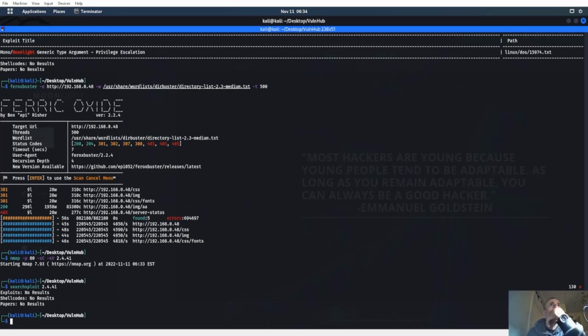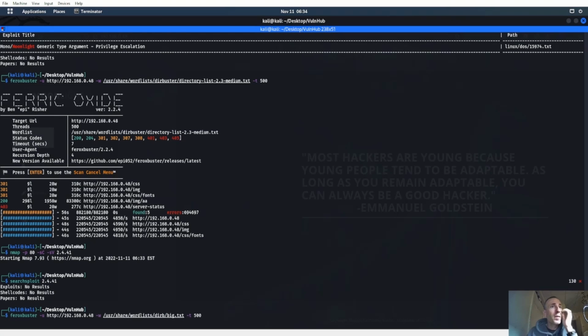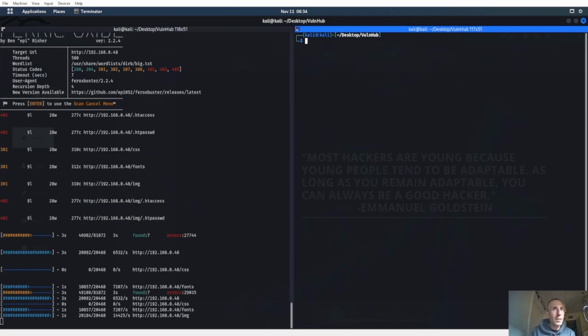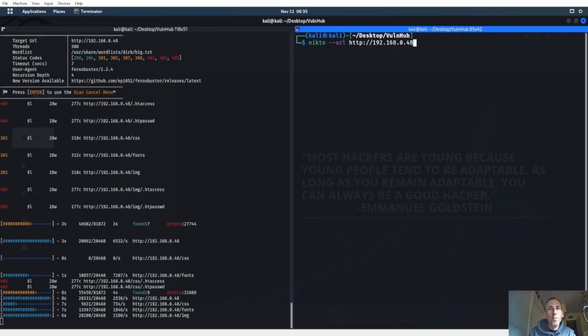Nothing over here yet for Feroxbuster. Well, the other day I did have to use big dot txt, and I found more stuff. It was pretty funny because usually big dot txt doesn't find nearly as much. We got CSS in there, okay. Can always try that right there. That just seems to kill it, but